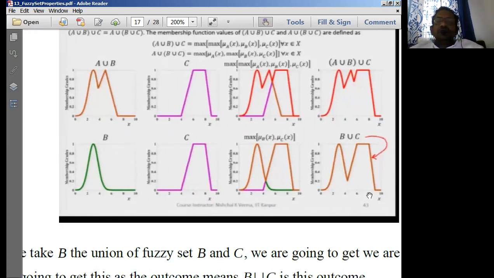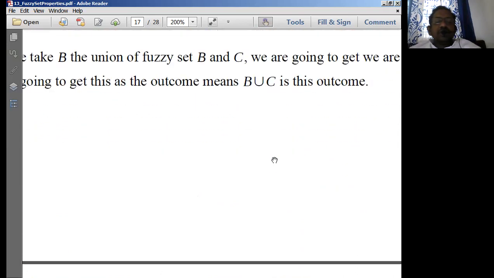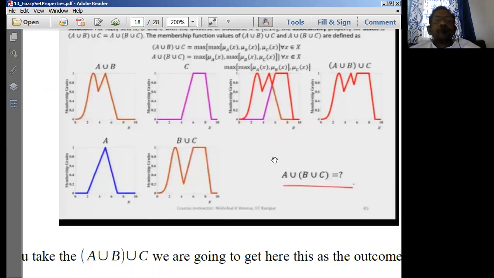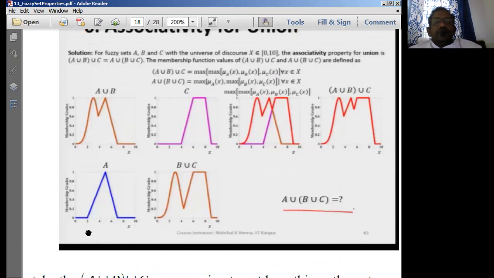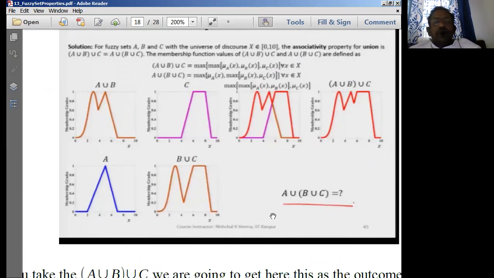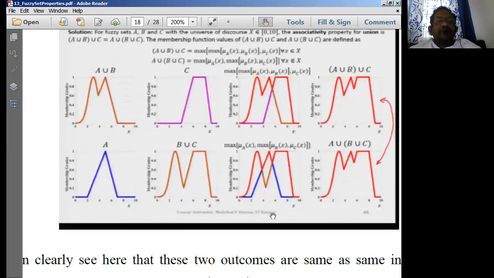It has to be done with, now this B union C should be operated with A. Okay, A union B union C we have to perform now here. So already we have A union B union C as this function. That means whatever we do here, union with this function with A should be of the same value. So let us try to see this. So this is the function A union B union C that we already have. So A union (B union C) we have to find out now. So for finding this out, let us start doing this.